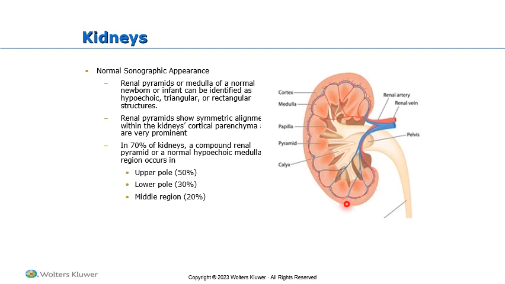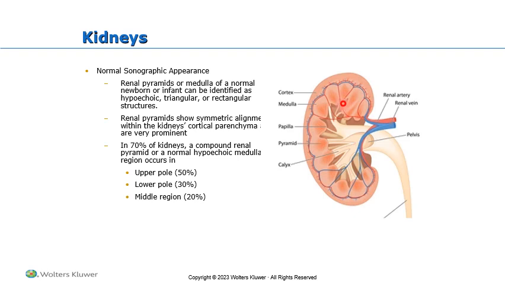So here we have the cortex. Here where we have the pyramids, we're going to have the medulla. We can have columns of Bertin that separate these medulla, or excuse me, these pyramids, and those are basically going to be the cortical tissue that is kind of falling in between, separating those pyramids. At the distal end of the pyramids, we have the papilla. Those are going to drain the urine from the pyramids into the